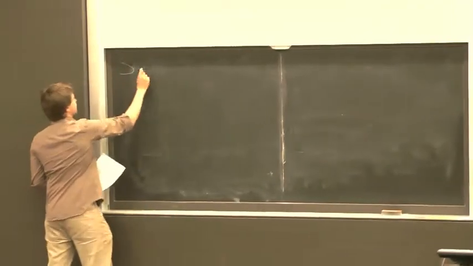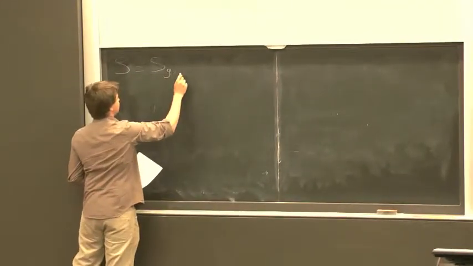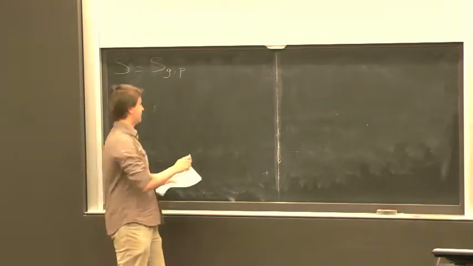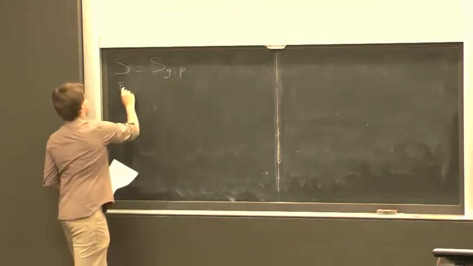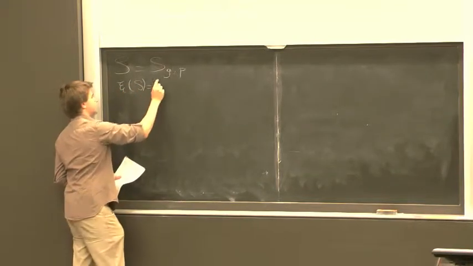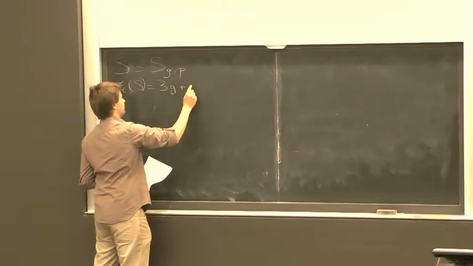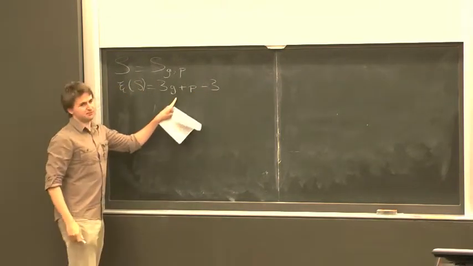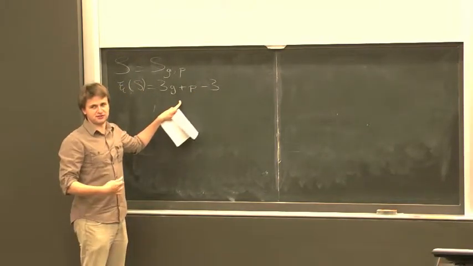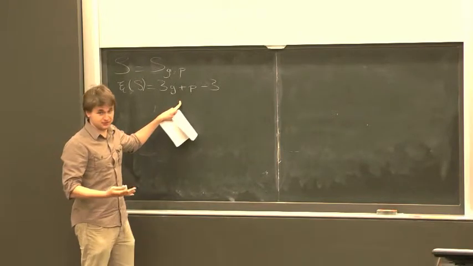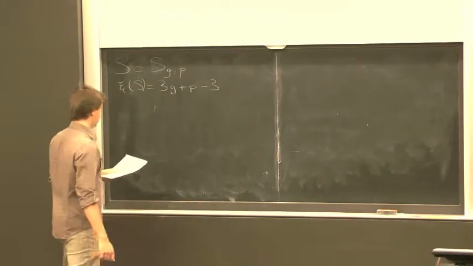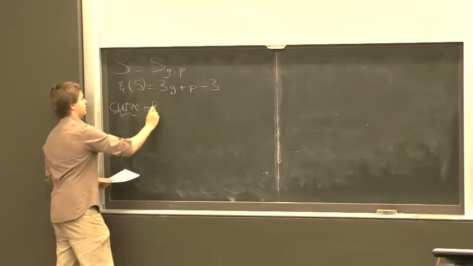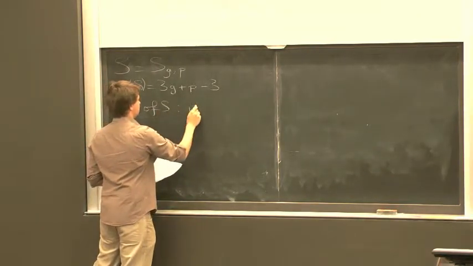So throughout, S is going to be a surface with genus G and P boundary components, because I want arcs. And the complexity of S is the number 3G plus P minus 3. This is basically the number of curves you see in the interior of the surface when you take a pants decomposition. So a curve of S is an isotopic class